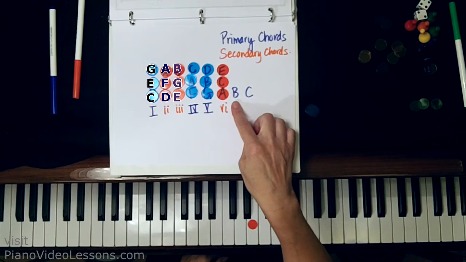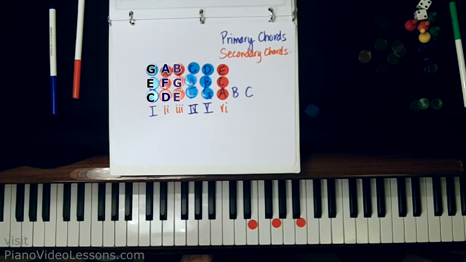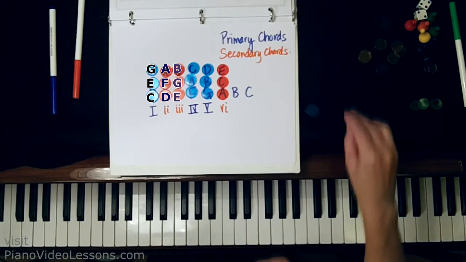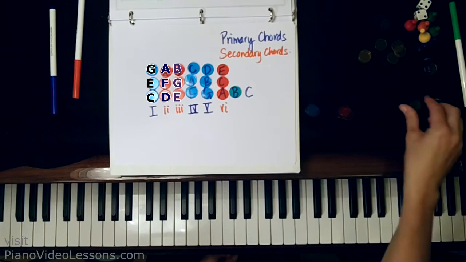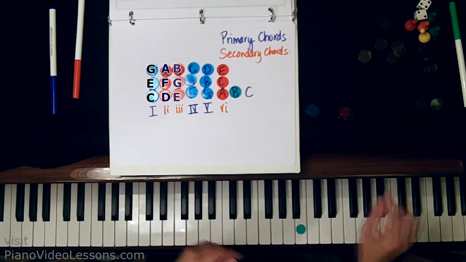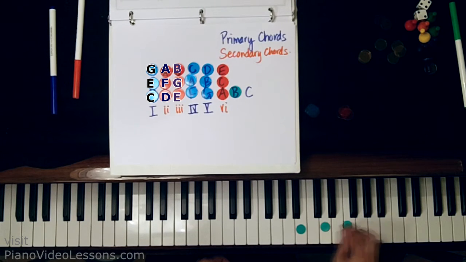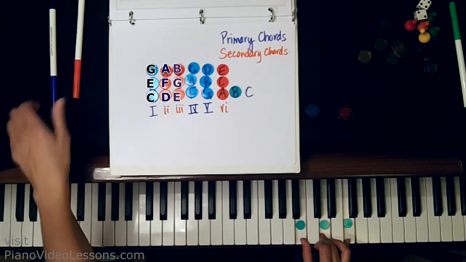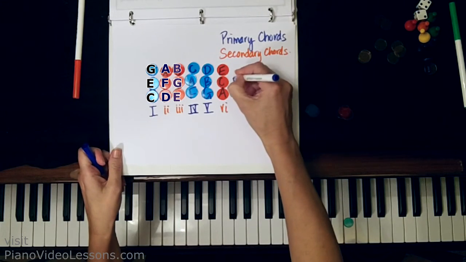Now there's just one note left, and it is a B. And let me just see here. I'm going to change colors, and I'm going to use green. And I'll find a B in the piano. Now to build this chord, we are going to do exactly the same thing that we've done before, which is skip a note, skip another note. We're staying on white keys because in the key of C we don't have any black keys. And here we have it. Now this one has a little edge to it. This one is not major or minor. This one is called